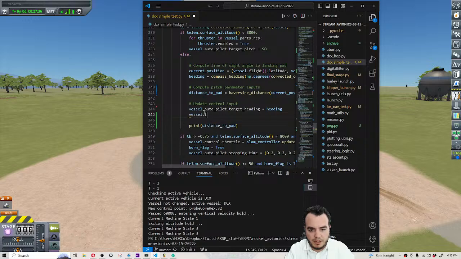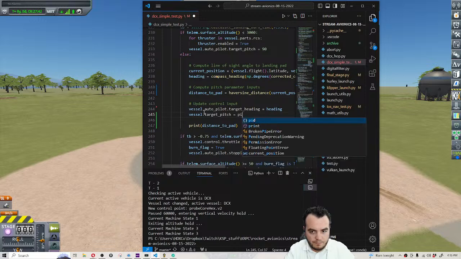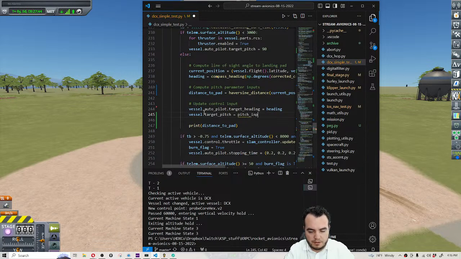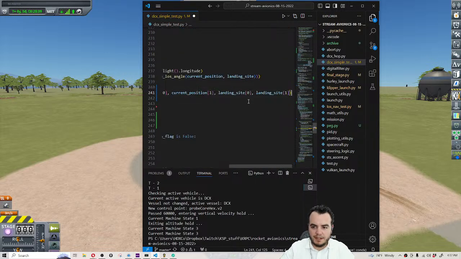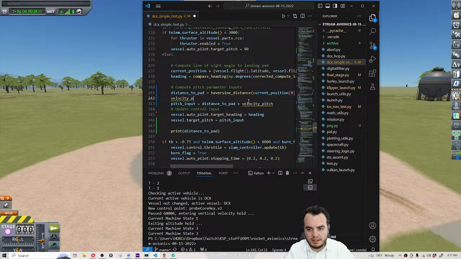So vessel dot target pitch is going to equal pitch input, and then we're going to calculate our pitch input to be equal to distance to pad, and let's just call it plus our velocity pitch, and we'll currently define that velocity pitch to be equal to 0